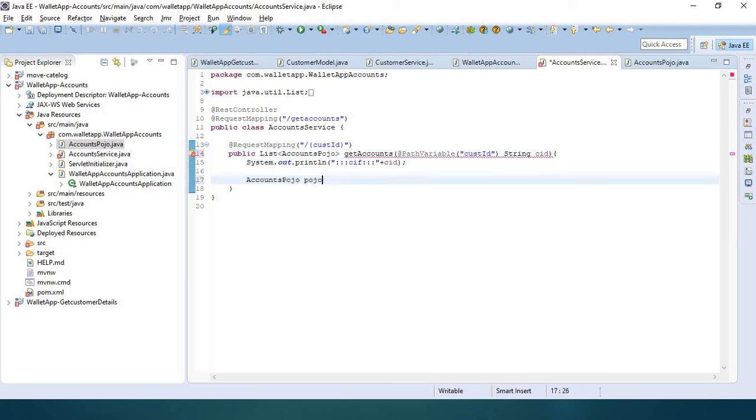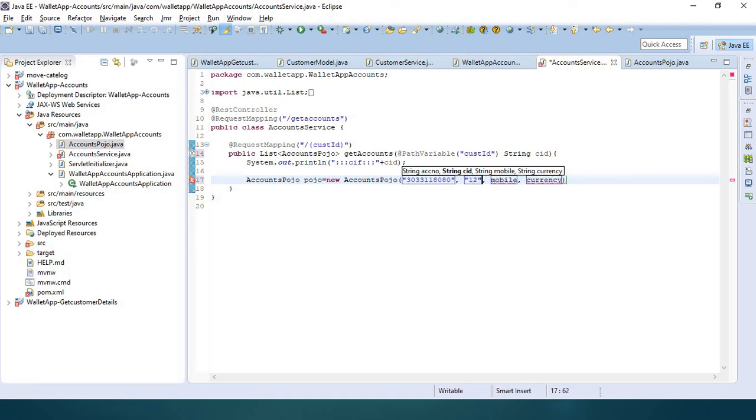So accounts POJO equal to new accounts POJO. Here what all we have to pass? Account number, my account number is 3033111080.